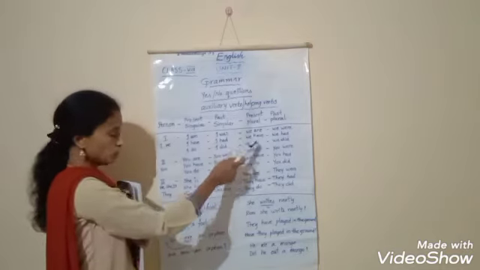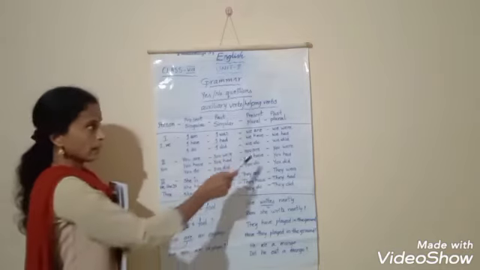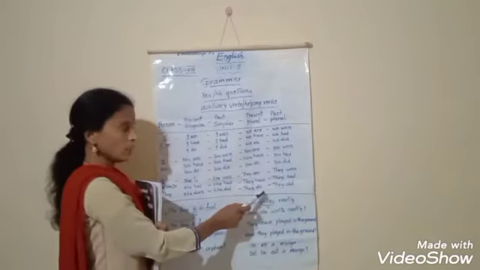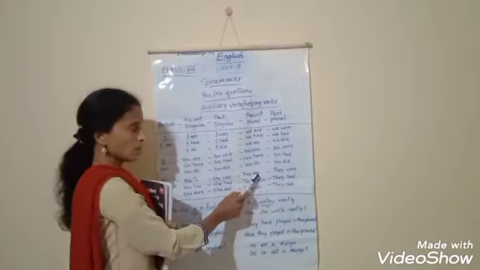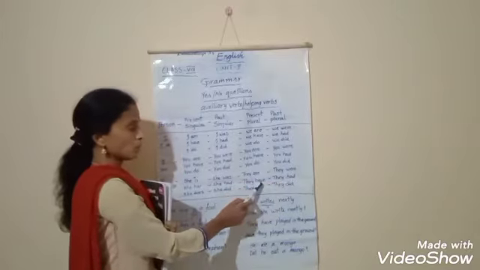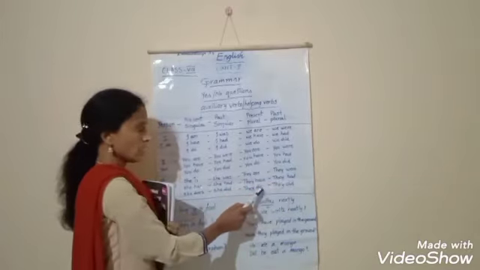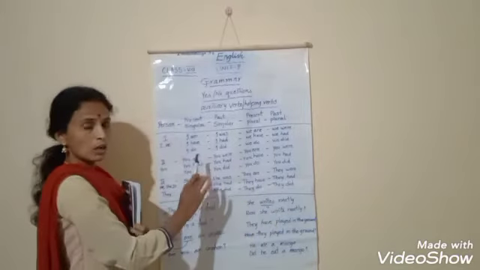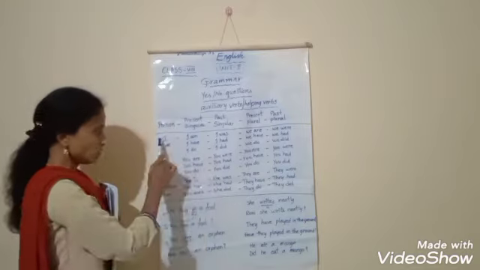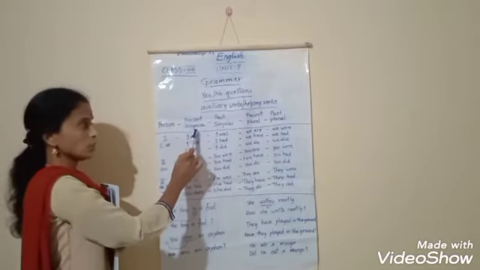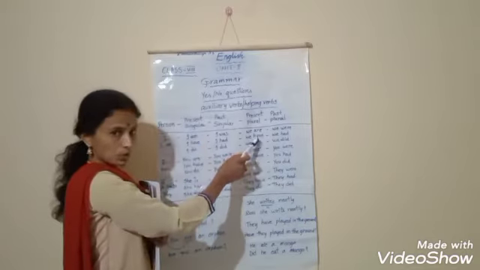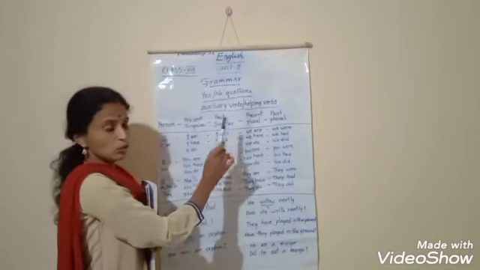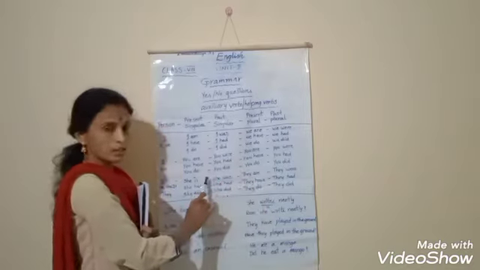And the plural of a third person is they. And what are the present? They are, they have, they do. And the past is were. Have for past had, and do past did. So these are the helping verbs we can change according to the person, according to the singular number and plural number, and according to the present tense and past tense. So dear students, you should have thorough practice over it.